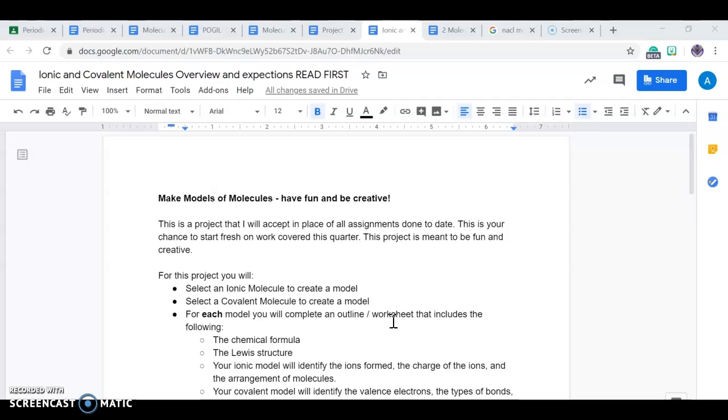I have put a lot of work into this project so that it is hopefully clear and mapped out. It's a reflection of some of the feedback that I have that students don't understand what they're doing or what they need to do. It's also a reflection of the fact that I see less than 10 students during my office hours. So there's not a whole lot I can do other than keep giving you guys opportunities to get work, and this is the last chance I can come up with for now. So I would suggest you take this very seriously.